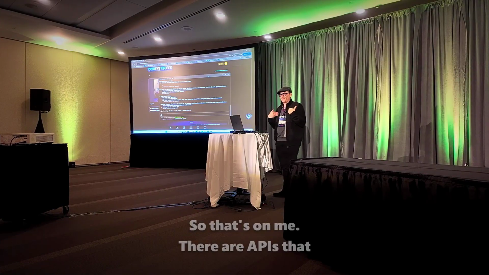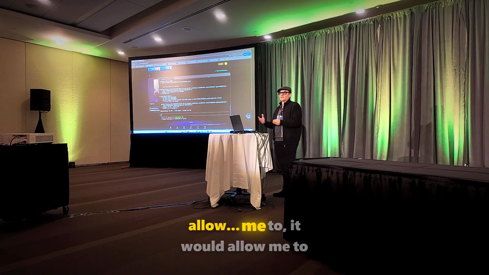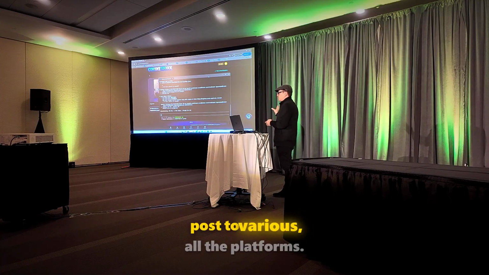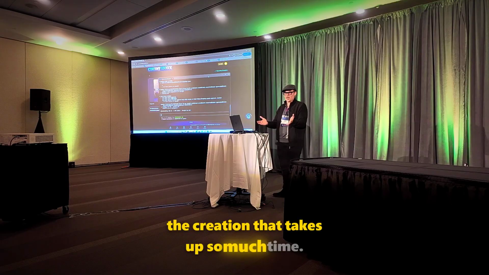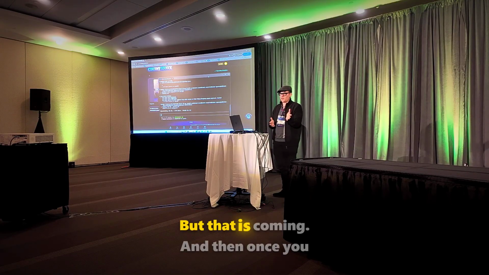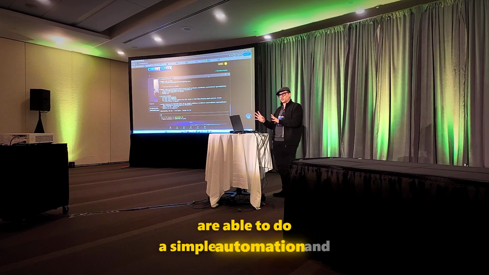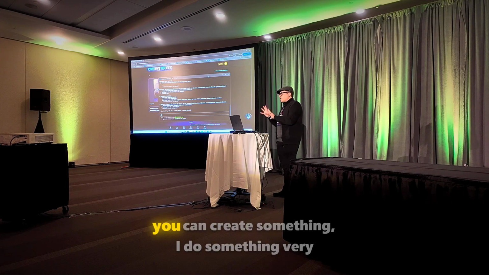So that's on me. There are APIs that would allow me to post to all the platforms. Just copy paste, boom, boom, boom. It's the creation that takes up so much time. But that is coming. And then once you are able to do a simple automation, and you can create something,